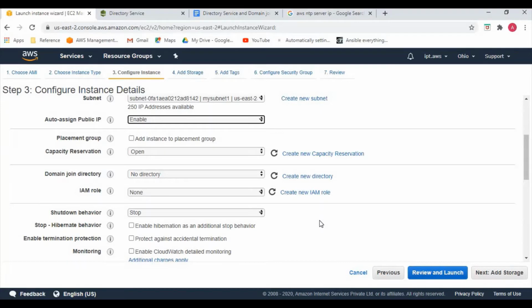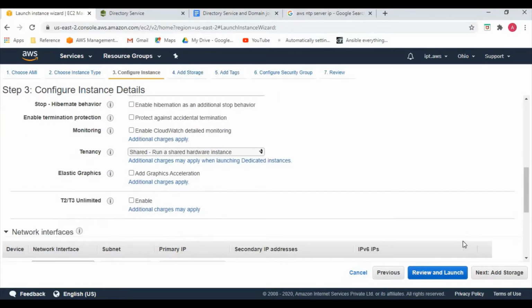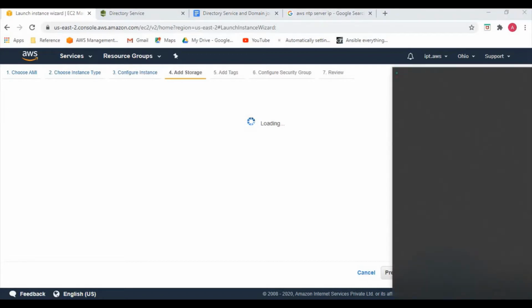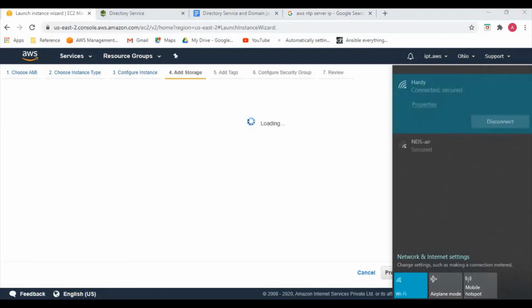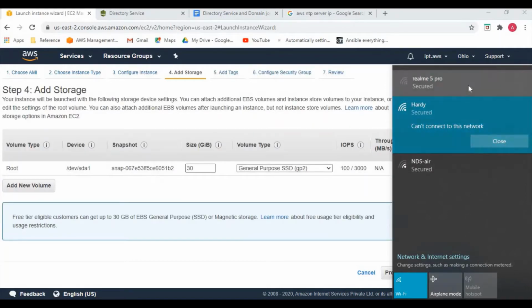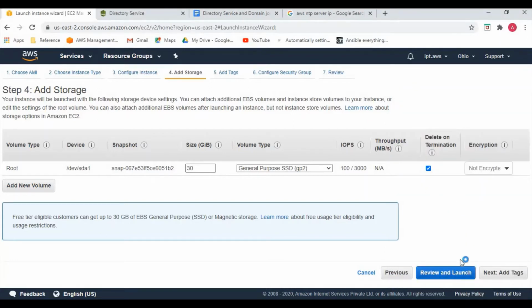Okay, once this is done, click on storage. Once it is done, click on review and launch.